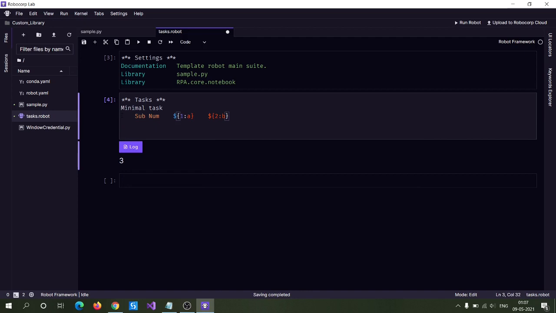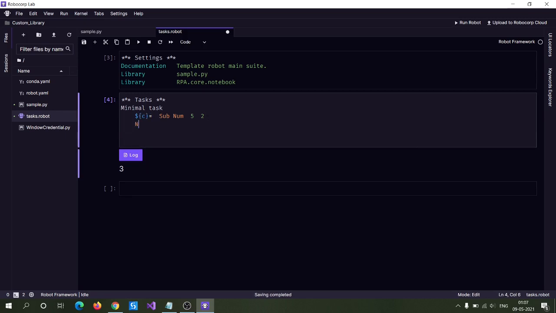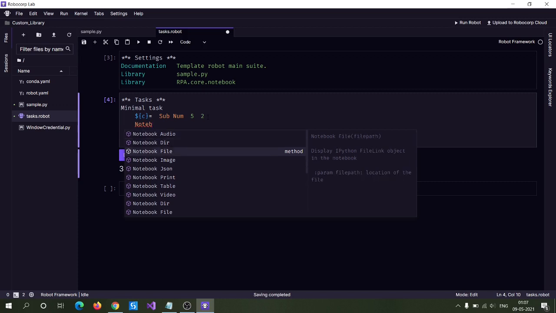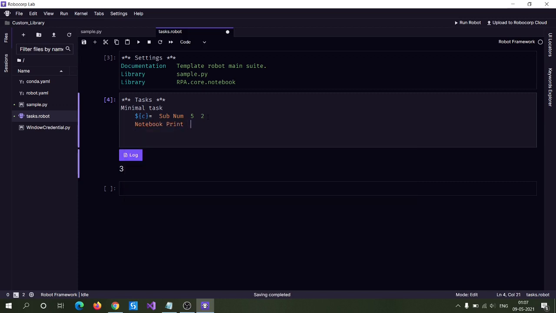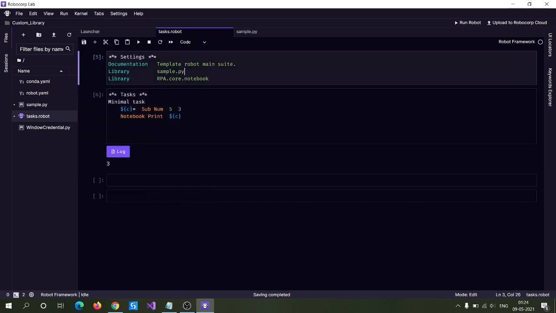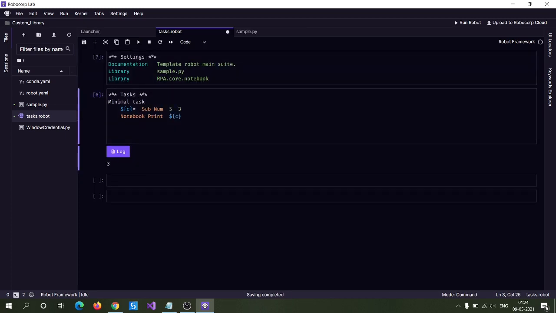Now you have to pass two numbers as input to this Sub Num keyword. Now we can store the result in a variable. Now let me print this number. Now let me run this process once again.